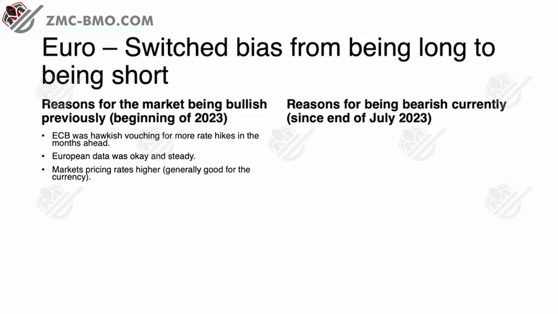That pricing in perspective, where they thought, previously we thought 25, but now we expect 50, or now we expect 75. That's the reason why the markets were pricing in, because of data, of course, and that drove the euro higher. And of course, markets at the time were pricing in aggressive cuts from the Fed because we had a lot of banking issues at the time.